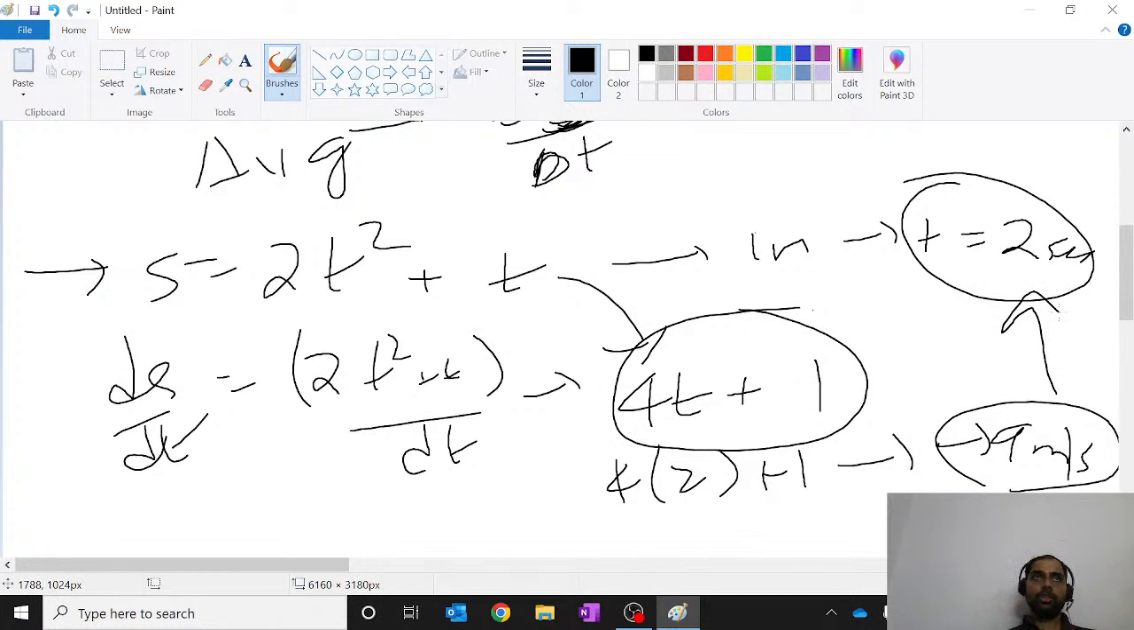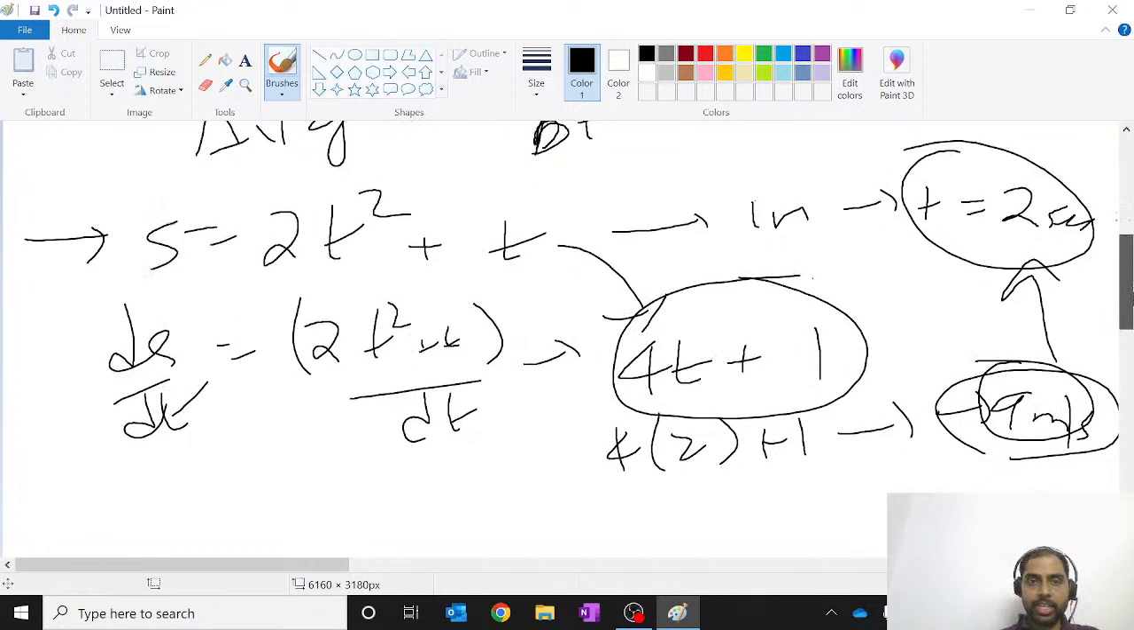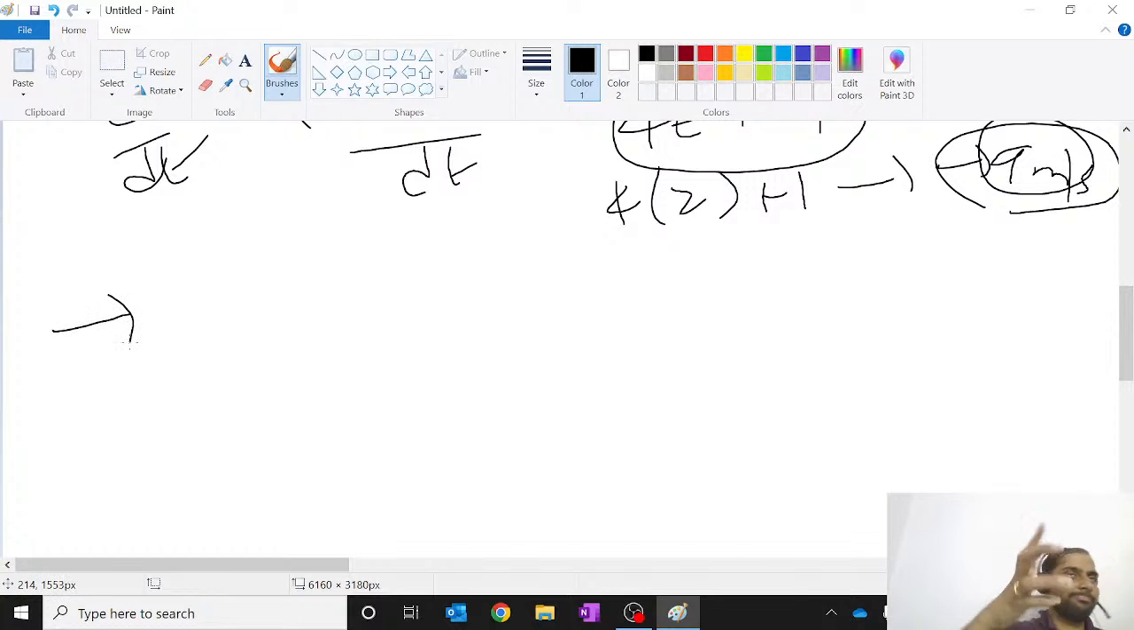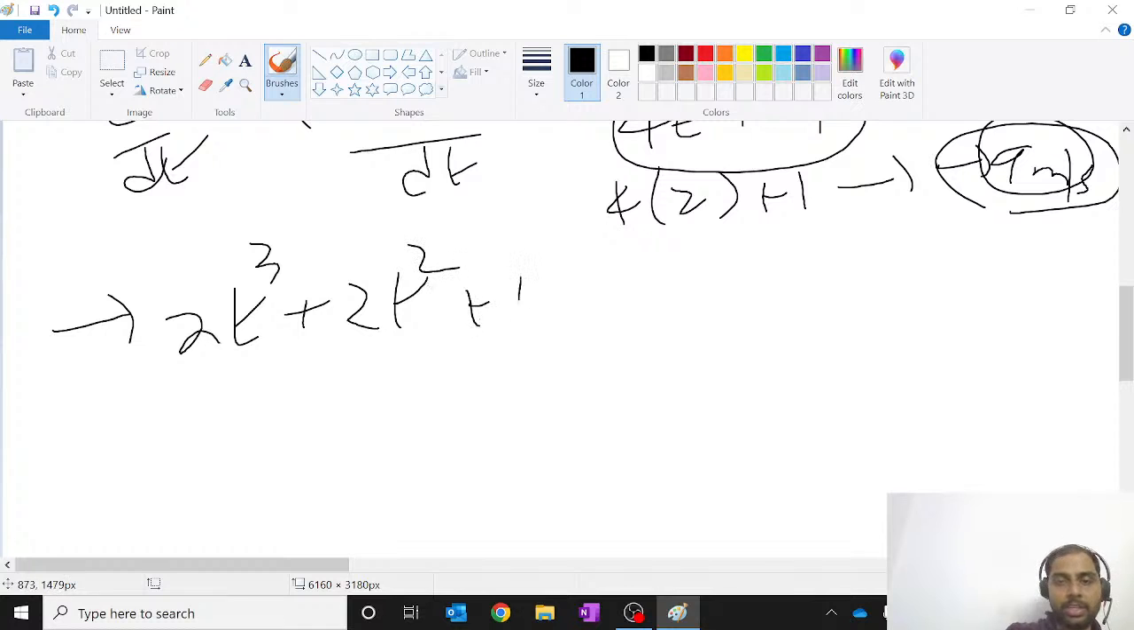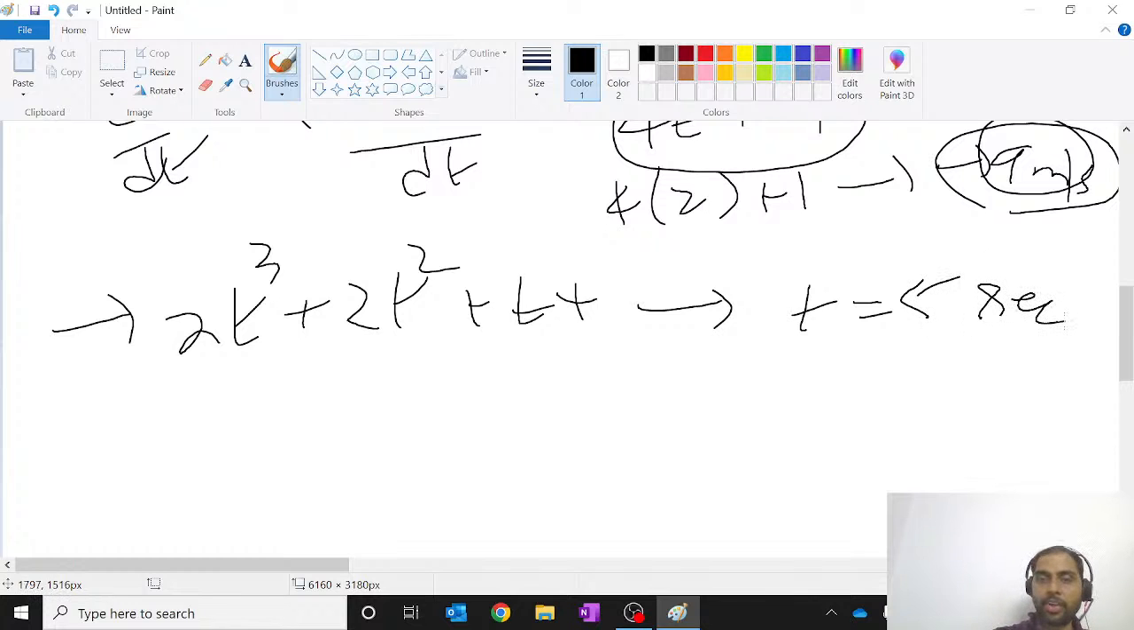Clear? Understood on this? At the instant when time is 2 seconds, my instantaneous velocity is 9 meters per second. That is how I got it from ds by dt. You have many other scenarios. You can form your own question, for example 2t cube plus 2t square plus t plus 0, whatever you want. If I ask you to find the instantaneous velocity when t is equal to 5 seconds,